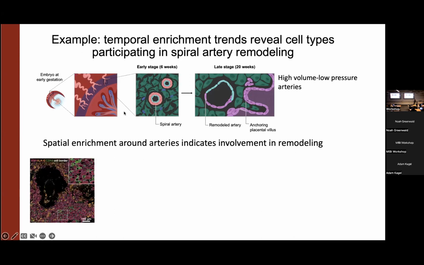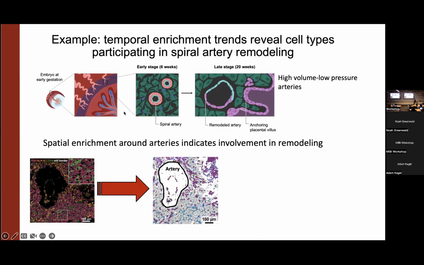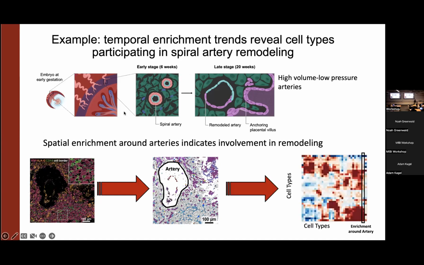We'll start with MIBI images, which already have segmentation, turn them into our cell phenotype maps, and we're going to have to annotate the features that we're interested in, the arteries. We'll then throw all of this into the pairwise enrichment notebook, which will give us for each FOV our heat map, which will indicate the z-scored pairwise enrichment between all the cell types, and also an additional column for enrichment around the arteries. And we can stop there, maybe average over our entire cohort to see overall which cell types tend to be around arteries,